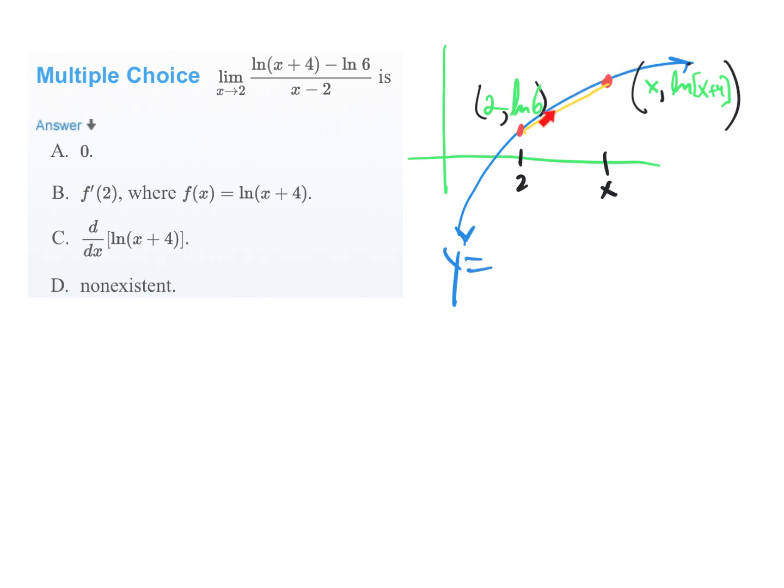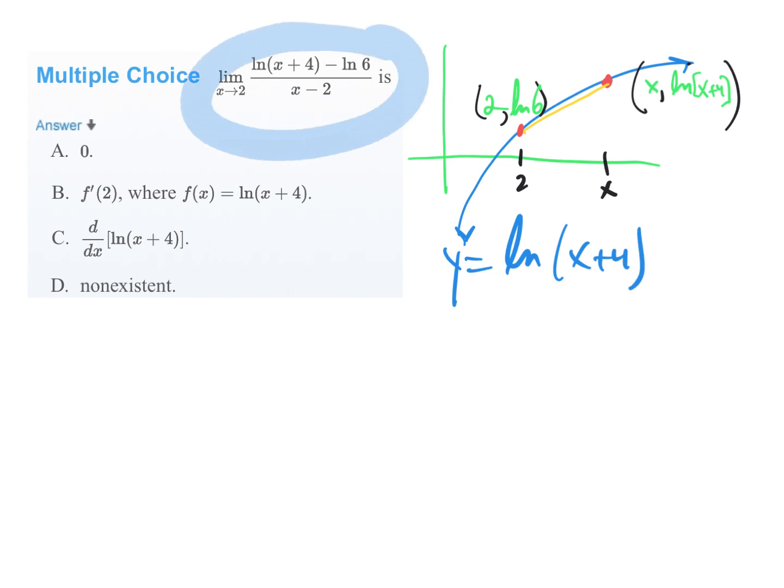So this blue curve, for which this represents the limit as we get closer and closer to 2 of the slope of this yellow secant segment, must be the function y equals the natural log of, well, it looked like this x value plus 4. The x value plus 4, there it is. It's the natural log of x plus 4. And therefore, this is y prime where the x value is 2,